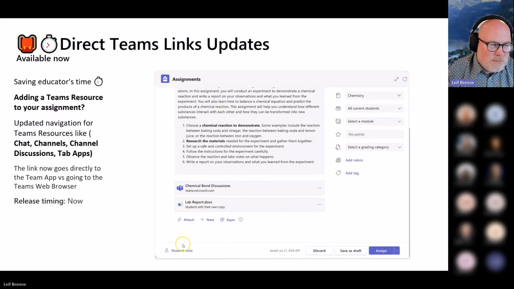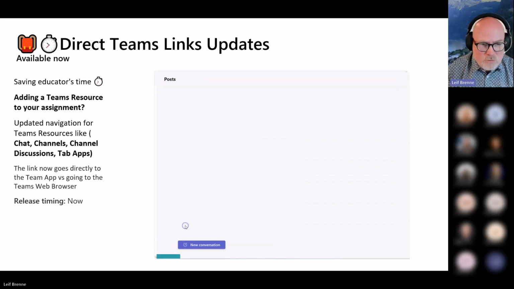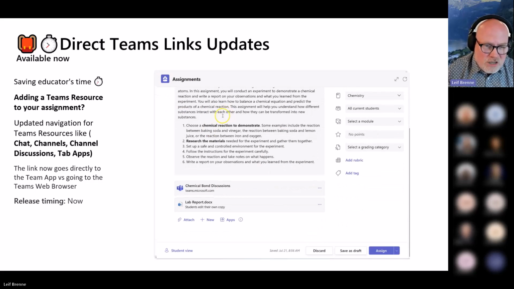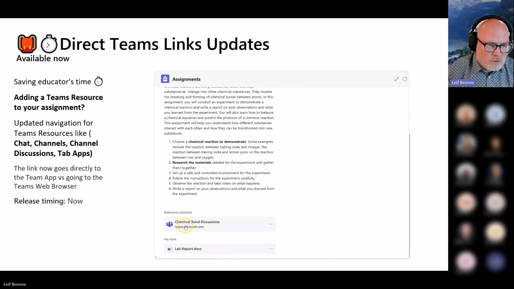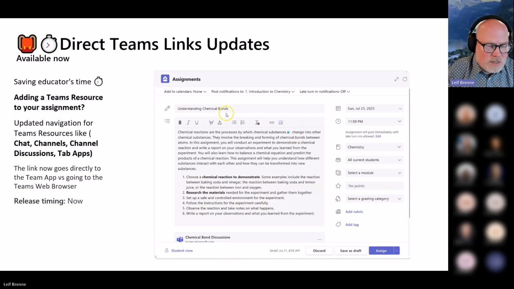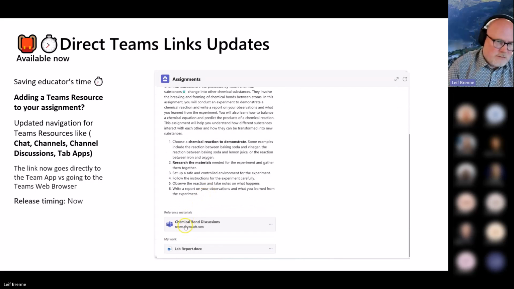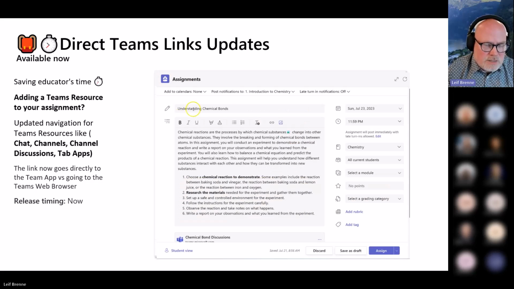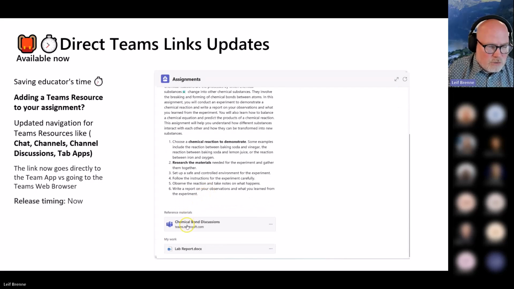One more thing is around Teams. A lot of people have additional content they want to share in assignments. That could be things like a different tab app, a channel discussion, a chat you want to go to, or channels and so forth. We also built support for links in assignments. Before, we treated Teams links the same as any other URL link. Now we added the ability to special-case our Teams links, so whenever you add a Teams link in an assignment, we'll directly switch to that application. So it's a much smoother experience for students when they use those links.